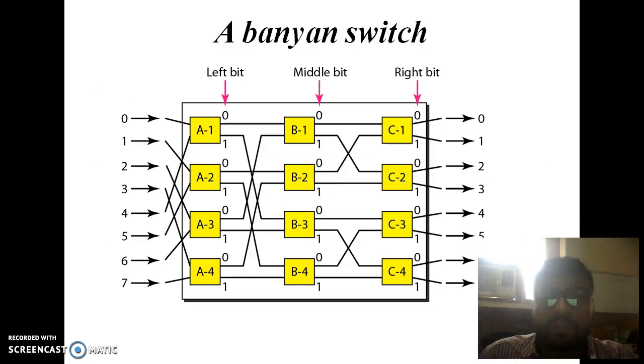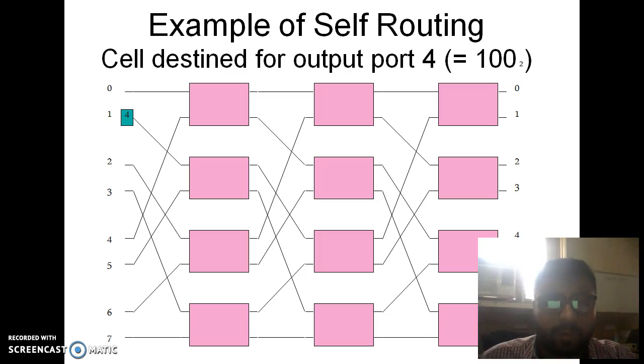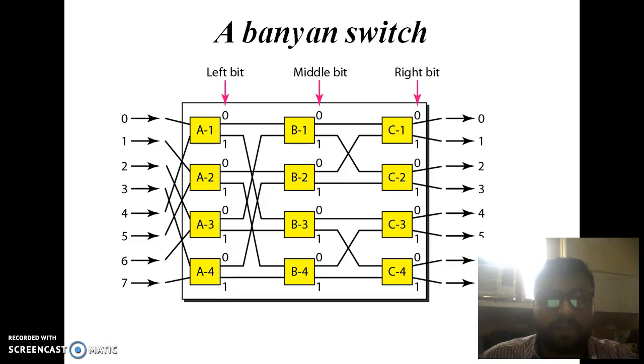Now next is a very interesting topic which is known as the Banyan switch, and as you can see there is a Banyan switch over here. So we will see how this switch works. See, first we have divided this so that the upper path has been assigned the value 0 and the lower path has been assigned the value 1 in all the stages. So we need to do this only. Write 0 above and 1 at the bottom, 0 above, 1 at the bottom, 0 above and 1 at the bottom.